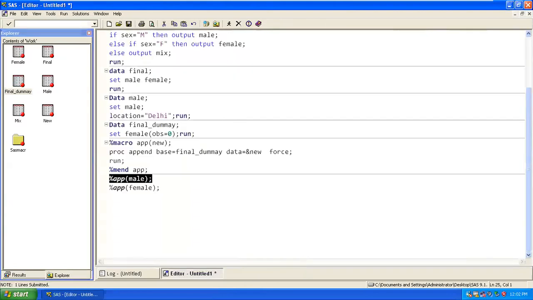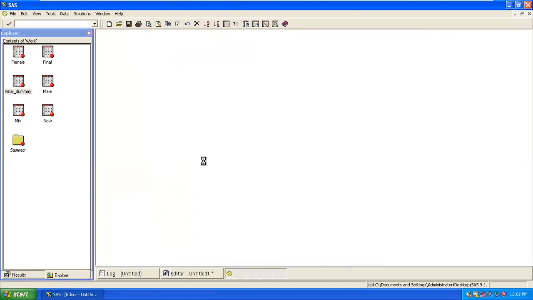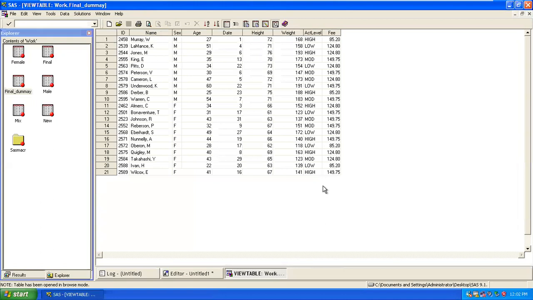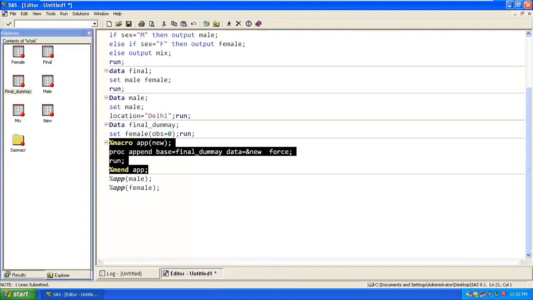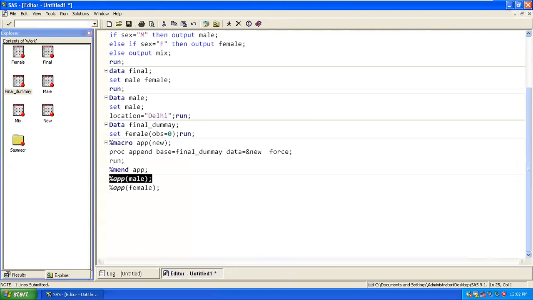Now I don't run this. I will run only this female. Now look at this. What is happening? It again back. Correct. Got it. So I created this macro, which is nothing but a macro file. Only we need to mention that if you have 10 files, you keep adding it. It keeps changing and keeps appending it.